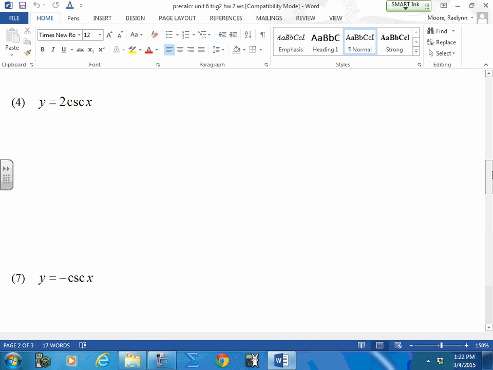Okay, this one should not have been so bad. What changed? Did my frequency change? The amplitude changes. So should my domain change for my cosecant curve? No. So either you memorized it and you knew that it was real, except when x is n pi, where n is any integer, because it begins with a c,